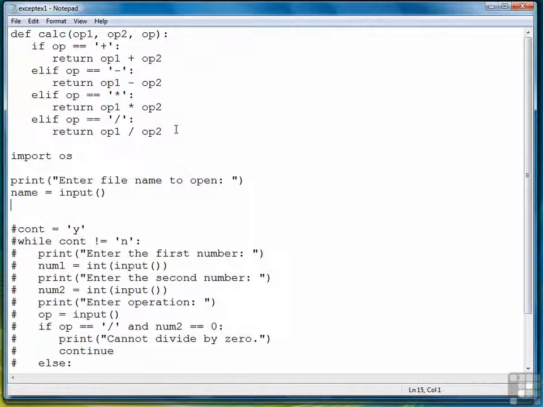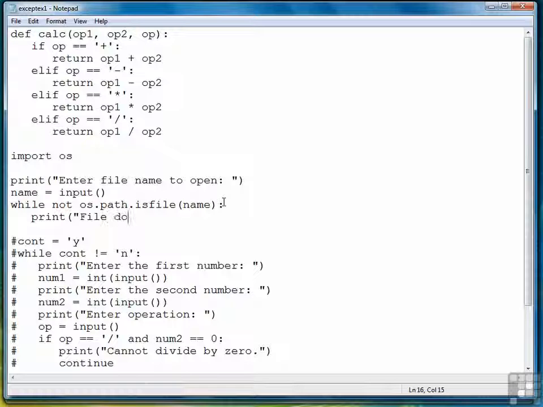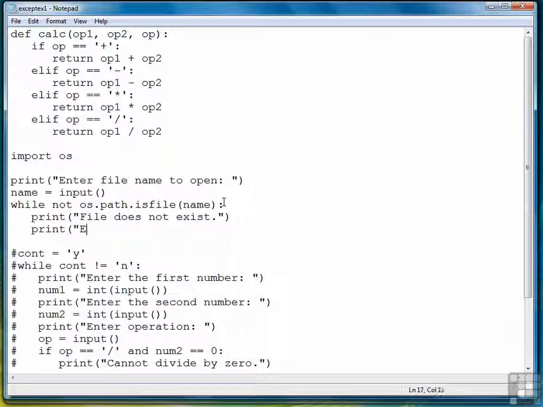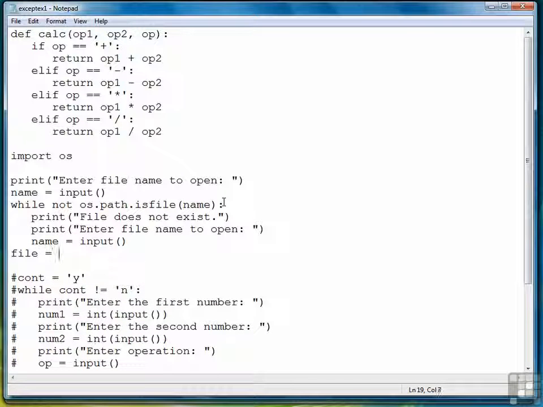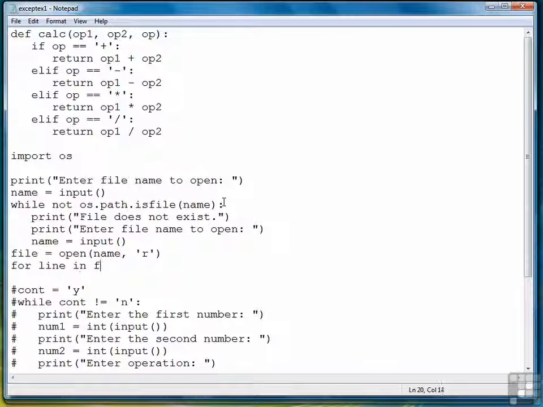Following the same strategy as the previous program, we're going to use a special function called isFile. And it's actually found in os.path.isfile. And what this snippet of code right here will do is check to see if a file exists. And so what we're saying is if the file does not exist, then we're going to print an error message, and then we're going to prompt the user to enter the file again and continue on. Otherwise, once the user does enter a legal file name, we're going to open the file, and then we're going to print out each line,